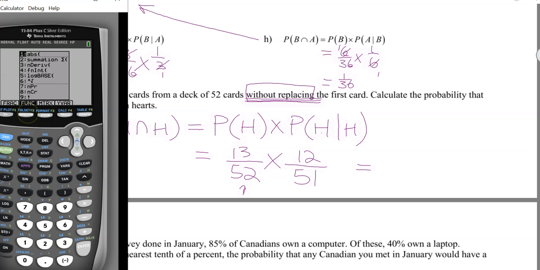Alpha F1, numerator over denominator, 13 over 52, times alpha F1 again, numerator over denominator, 12 out of 51. And the fact that I've entered these as fractions means my answer will be a fraction: 1 out of 17. The probability is 1 out of 17, which means if I drew this,